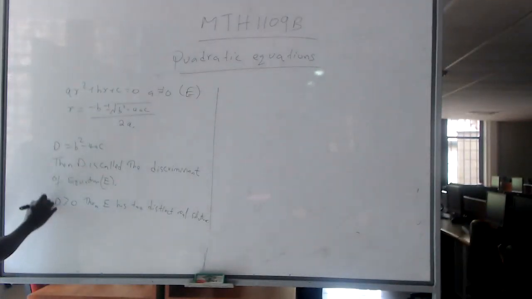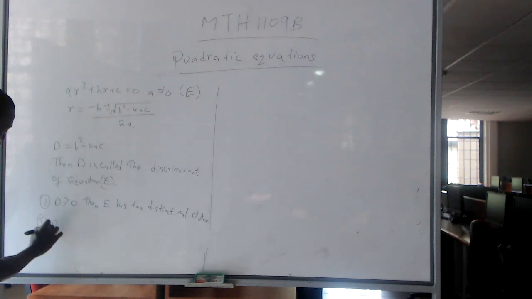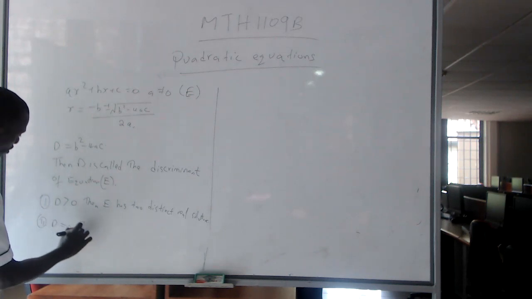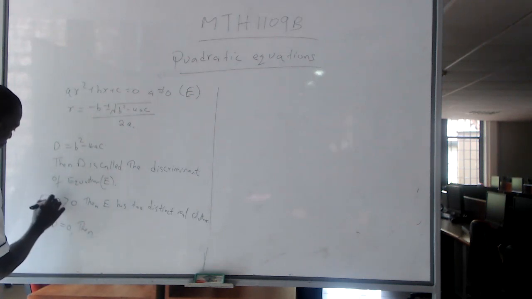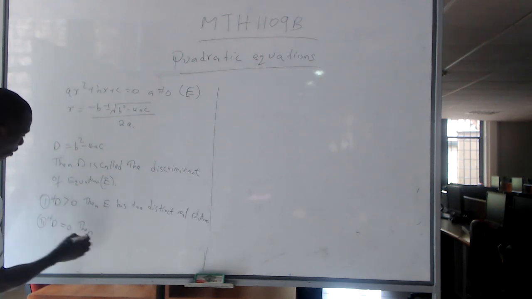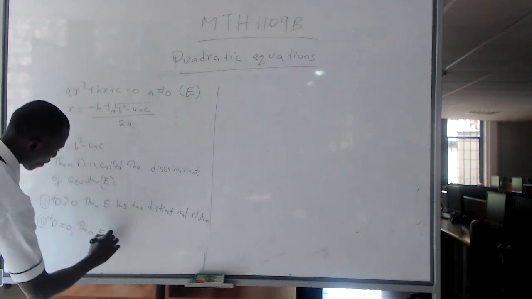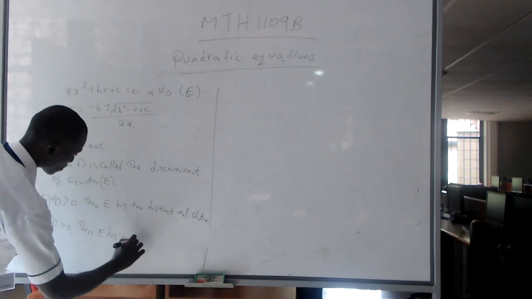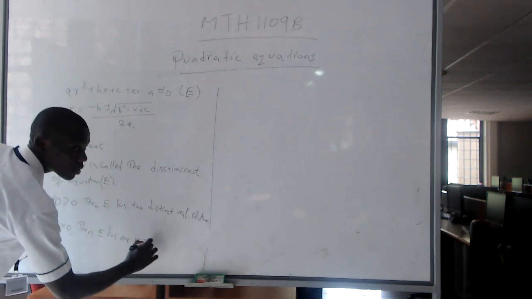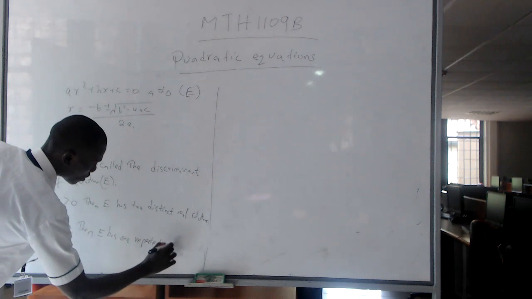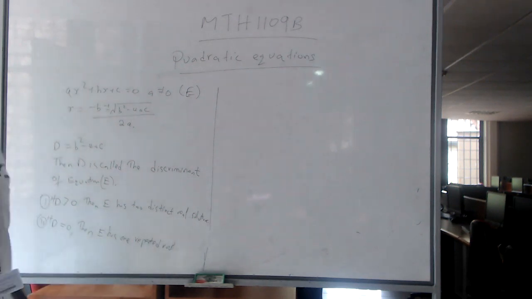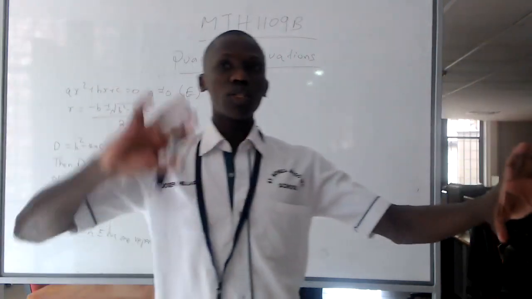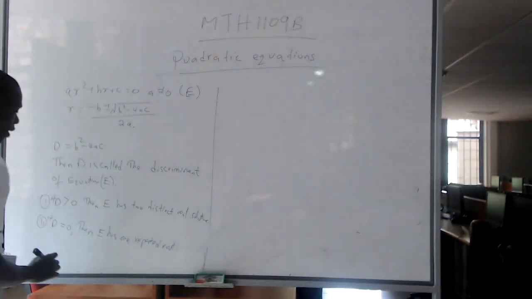That is what we mean by distinct. Number two, if D is 0, then E has one repeated root. For example, x squared plus 6x plus 9, you're getting x is -3 or -3. That's an example of an equation with repeated roots. And lastly,